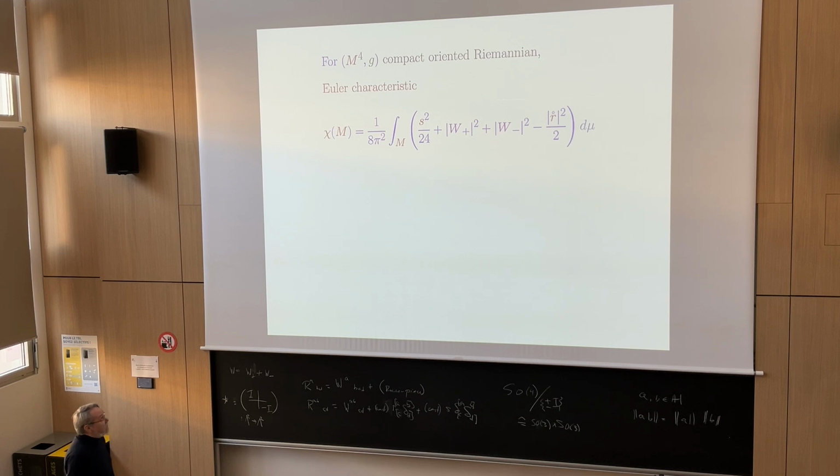It really has to do with the fact that if you think of the curvature as being in lambda 2 tensor lambda 2, what you can do is if you tensor two copies of the curvature tensor, then you can extract from that something that maps from the four forms to the four forms. But the main point is that because it's invariant under the action of the orthogonal group, a little bit of